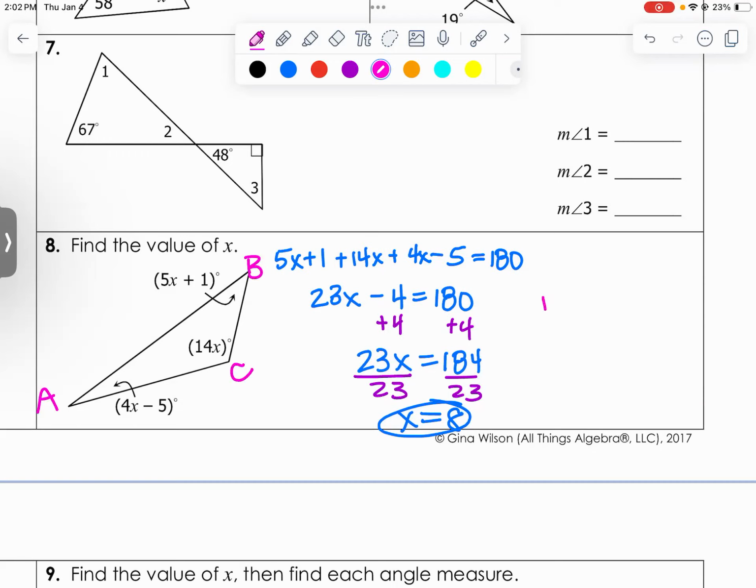So if I ask you for the measure of angle A, well, the measure of angle A is 4x minus 5. So how would we get the measure of angle A? Eight times 4 minus 5. That's excellent. 4 times 8 minus 5, which is what? 41,